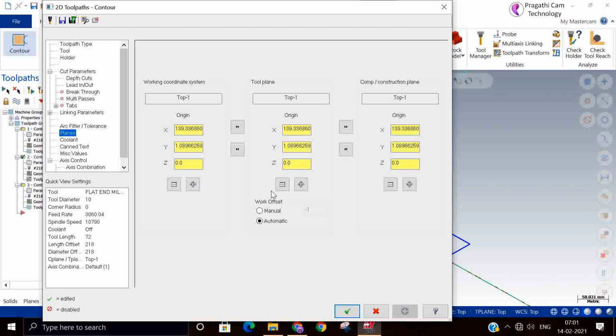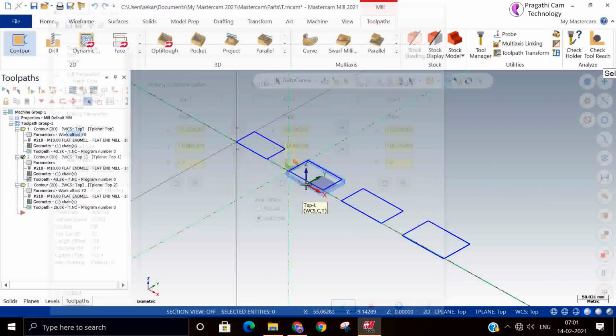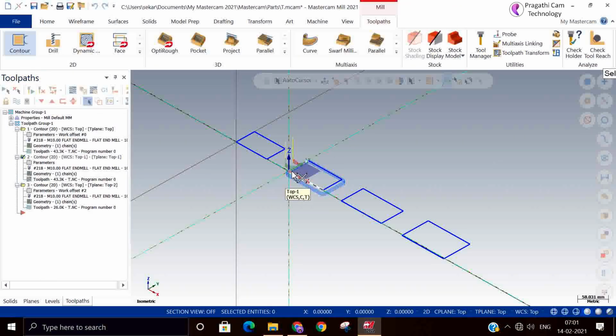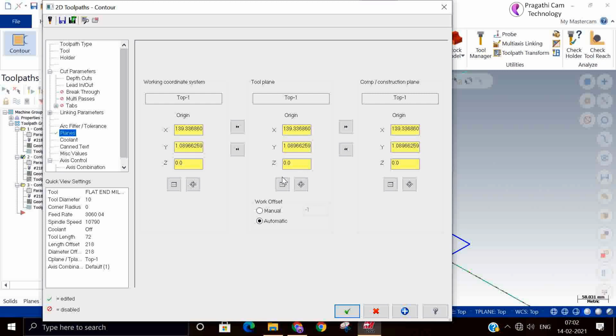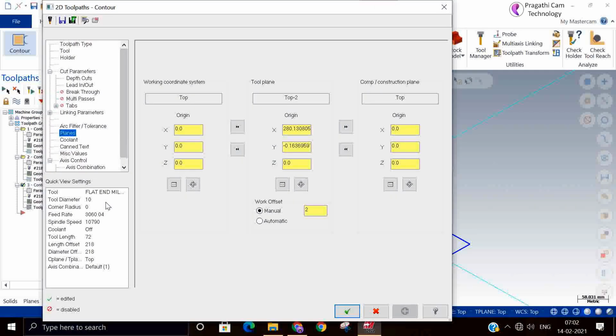Oh, this should be 0. So I'll make it 0. We should not change the WCS. We should not touch the WCS.